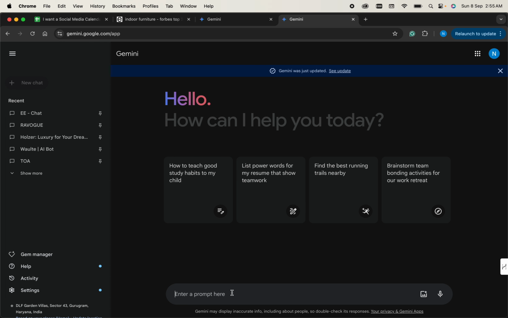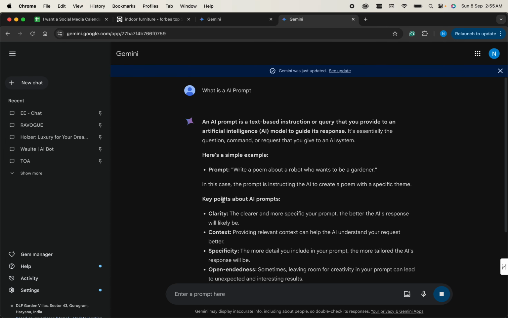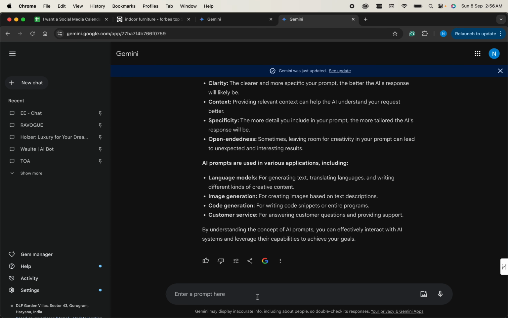Let's see what's a prompt. So what is an AI prompt? So it simply gives you what's an AI prompt. An AI prompt is a text-based instruction or a query that you provide to an artificial intelligence AI model to guide its response. It's essentially a question, command, or request that you give to an AI system. For example, what is the temperature of